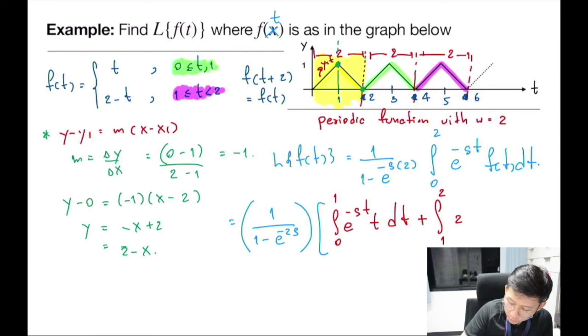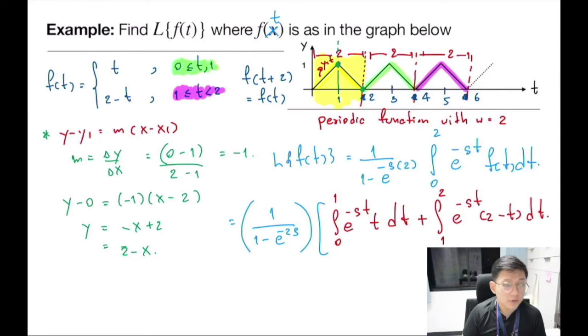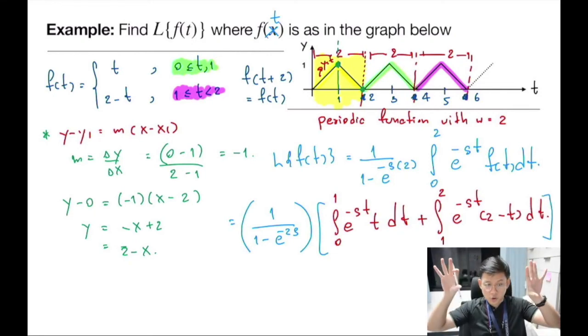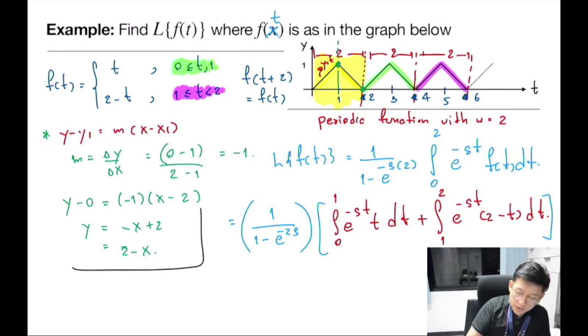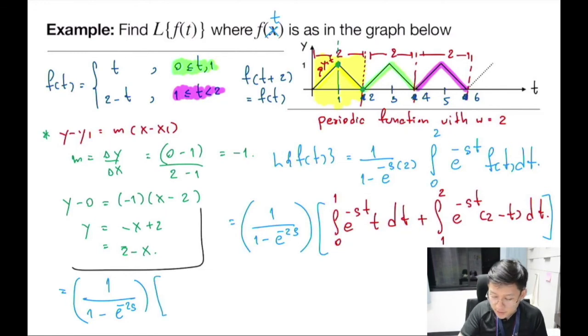Okay, let's put e to the minus st times 2 minus t dt. We split that into two integrals, and after that you integrate each integral. I'll just give you the result; I'm not going to show you how to integrate them. Minus 2s. The first integration is